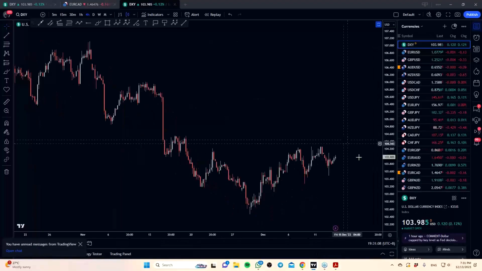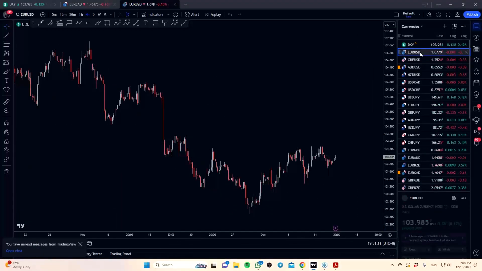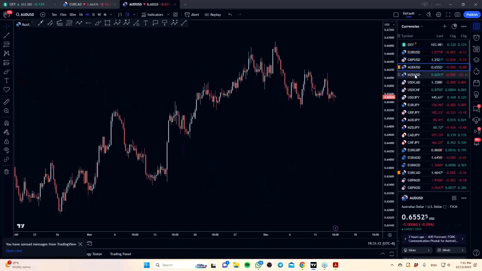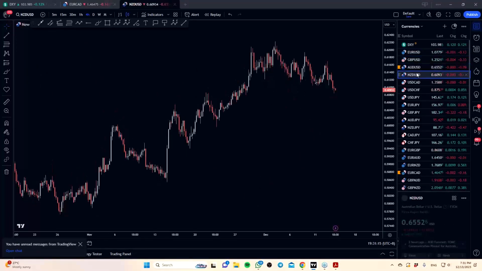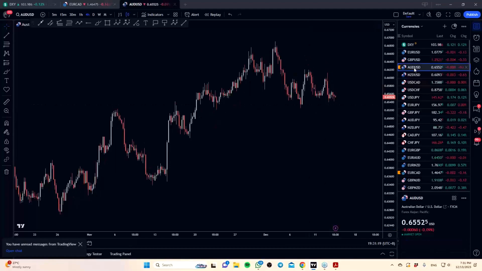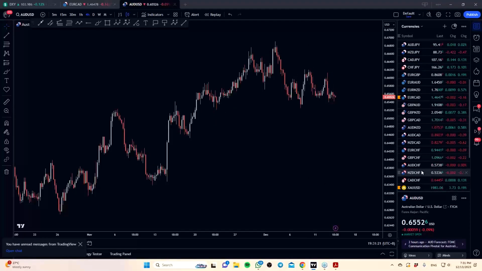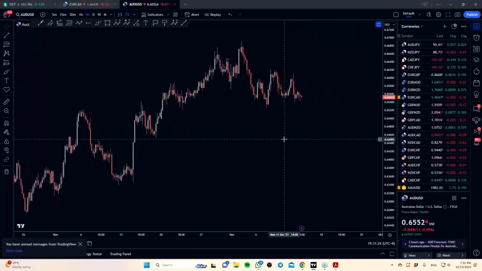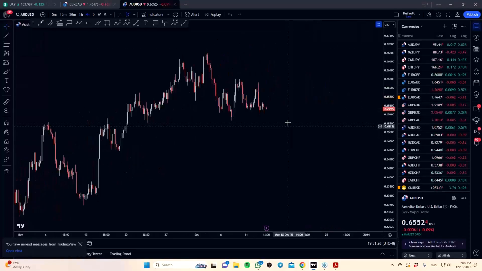Cool. Let me just very quickly jump into some examples on the charts. Let me find some clear ones for you. Okay, we have a couple of them. Let me find the most obvious one first. Probably can work off this one here. So this is the current market on Aussie dollar, and this is where the market price is.